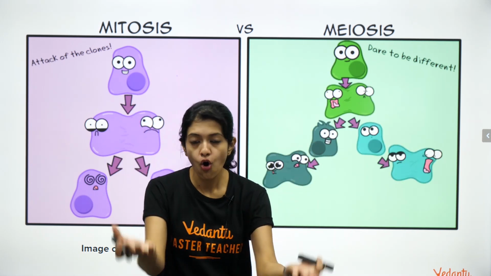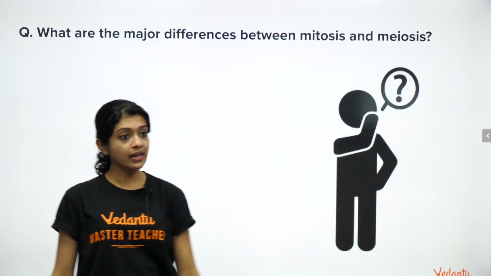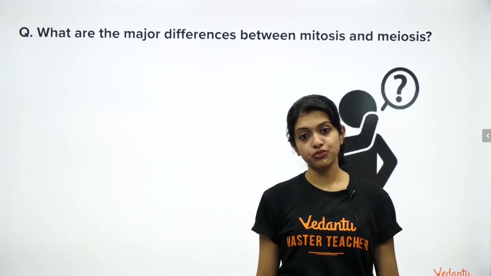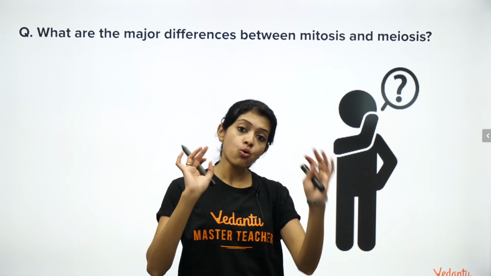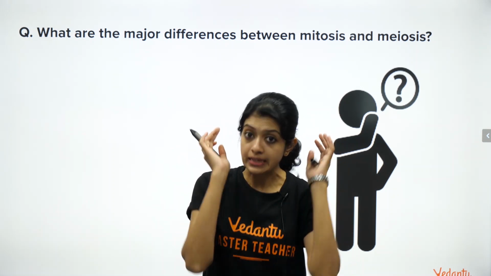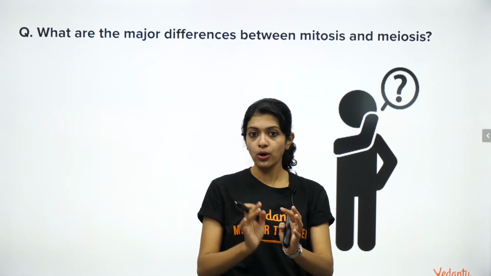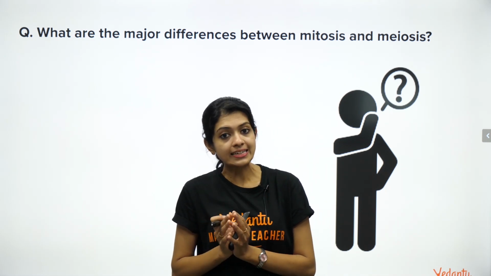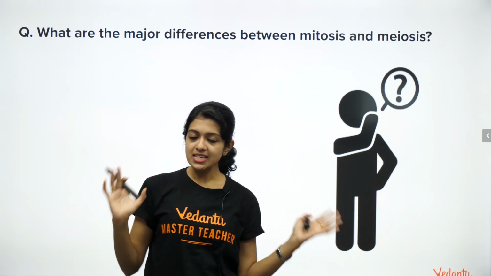Now we have spoken about a lot of things. I know there's too much in your head, but I would like you to think over it and come up with a good explanation and a good answer to this homework question, which is, what are the major differences between mitosis and meiosis? I don't want a bookish answer. I want you to understand mitosis and meiosis completely and come up with a very good explanation. I'm not going to be giving you marks for each point, so the number of points doesn't matter, but please understand both very clearly and try listing out and explaining what the major differences are between these 2 types of